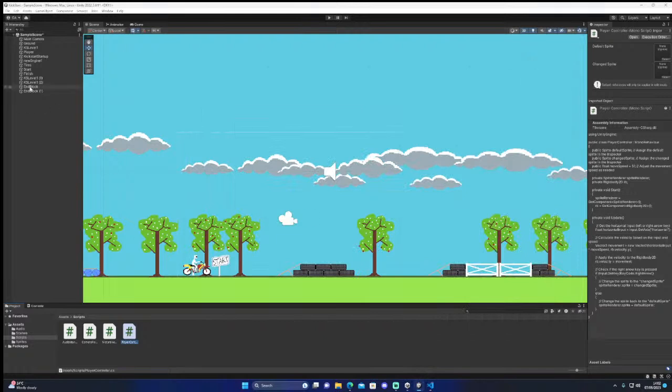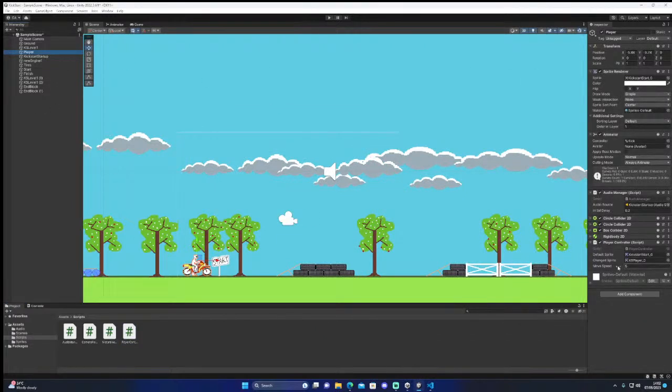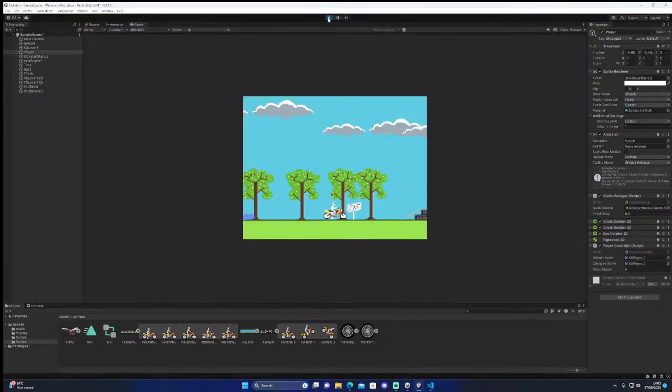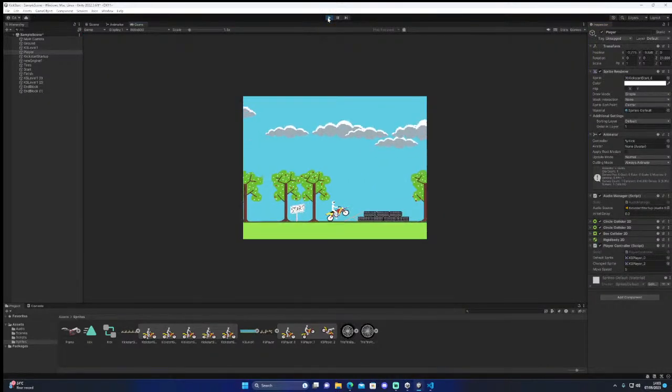So, default sprite. Let's try this. Default that. Just see him leaning. So let's just try a completely silly one. See if that does anything. It's not flipping.